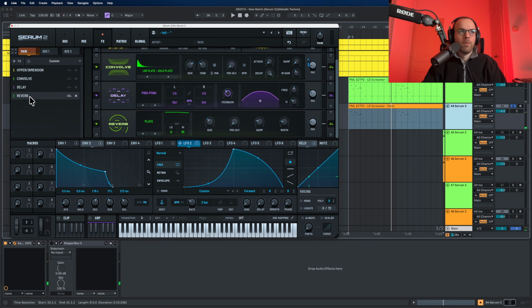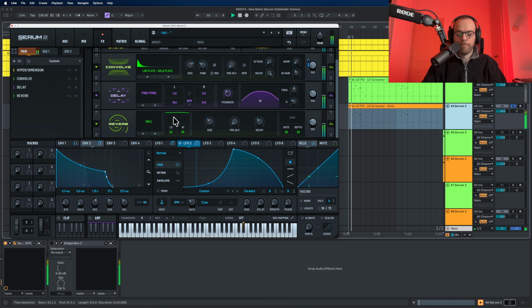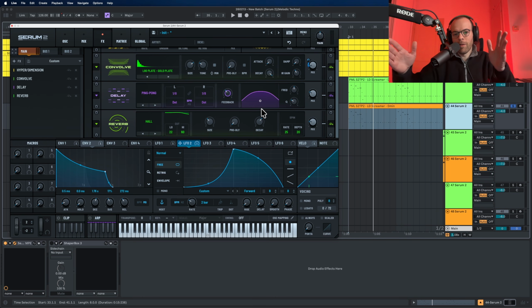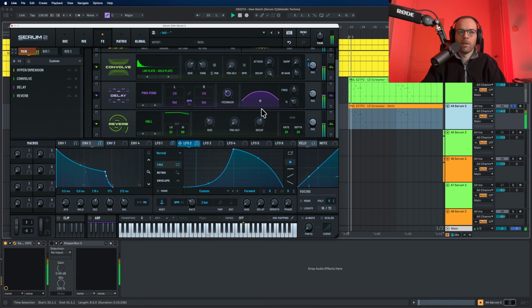Now, another reverb, because this is kind of a reverb already. Hall. A bit of low cuts, so we don't have any low end in our reverb. A bit of high cuts, so we have a little bit less of high end in this reverb as well. Enhance the decay. This is the length of this decay, so how long it's going to last. But we're going to put this mix all the way down, because with envelope 2, we're going to